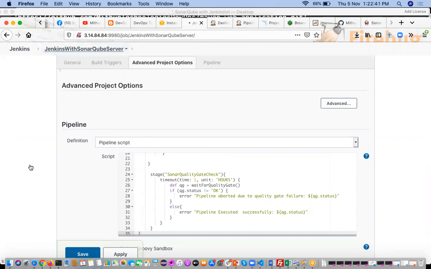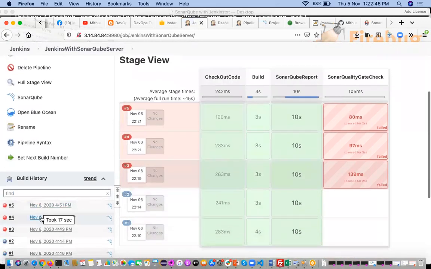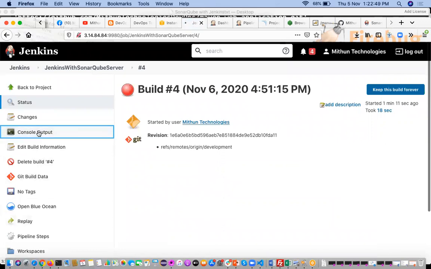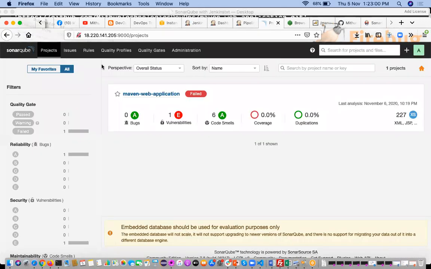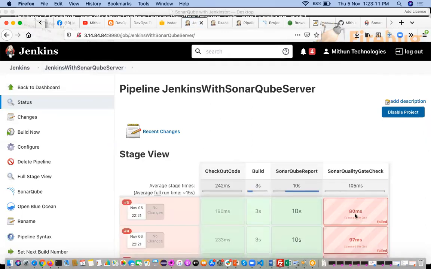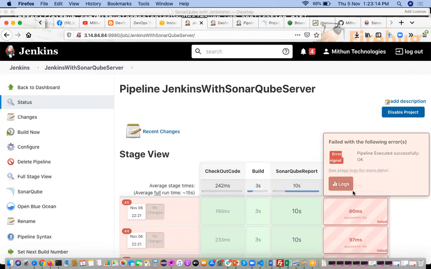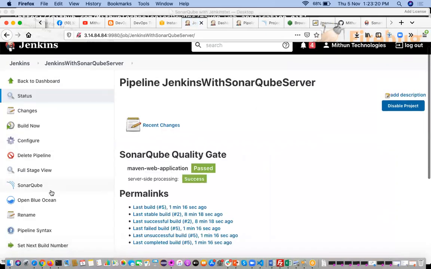Just check that log one more time. Pipeline executed successfully means it is coming to the else block, so it is executing. So then why is it failing? Let's go here and check. Yes, it is passing. Then why is it marking as a failure? Let's check it.